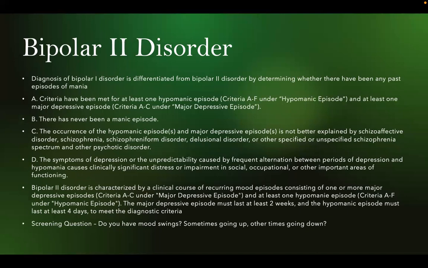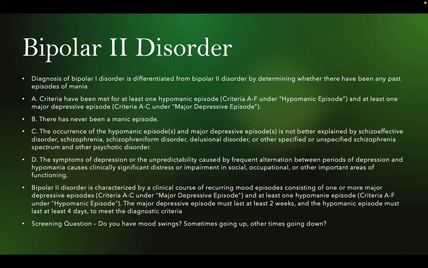So then we're moving on to bipolar 2 disorder. This is differentiated by determining whether there have been past episodes of mania. So remember, bipolar 2, the person cannot meet criteria for a manic episode. They can only meet criteria for a hypomanic episode and at least one major depressive episode. So again, there has never been a manic episode. If they do have experienced a manic episode, they meet criteria for bipolar 1